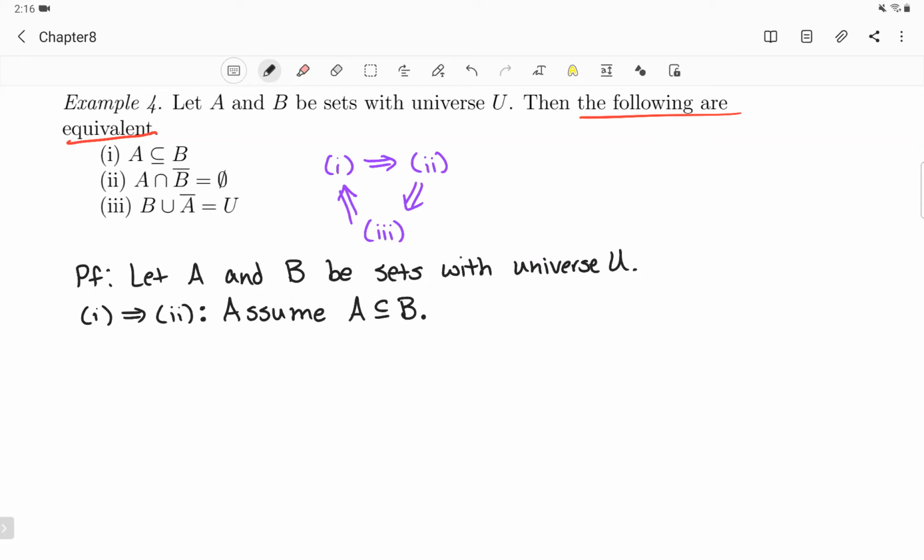Everybody see that? Well, oftentimes the easiest way to show something is empty is contradiction. Say, well, what if it's not? What if something was actually in that intersection? Why can't that happen? So for contradiction,